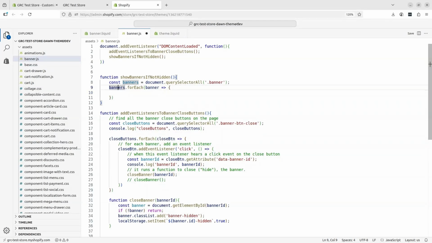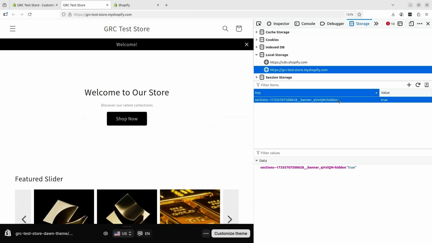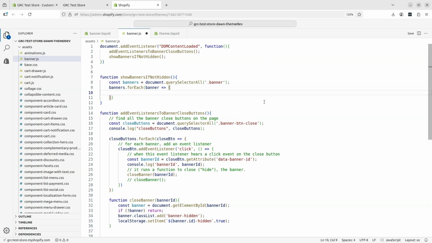So now that we found all the banners, we need to loop through all the banners and see if each has been hidden. And so we basically need to access this key right here. And then once we pull that data, it'll tell us whether the value is true or not. So we'll say isHidden equals localStorage.getItem, and this would essentially be banner.id hidden,